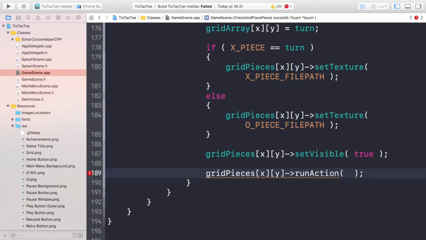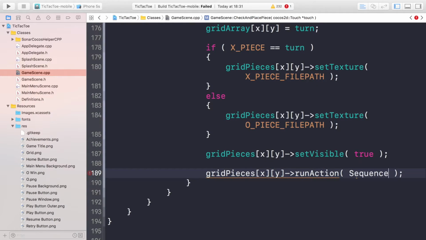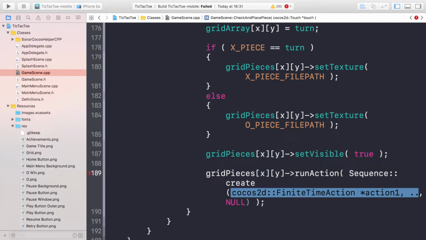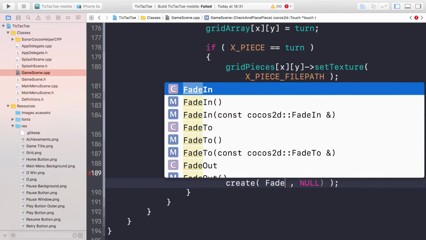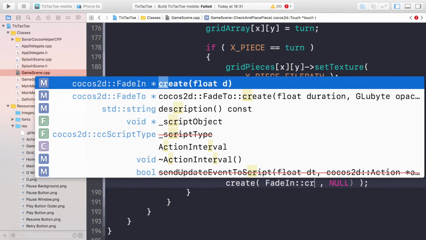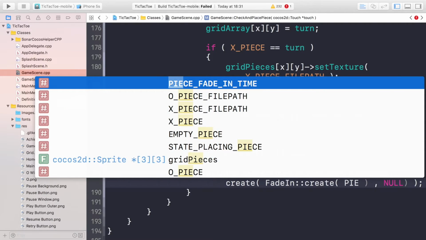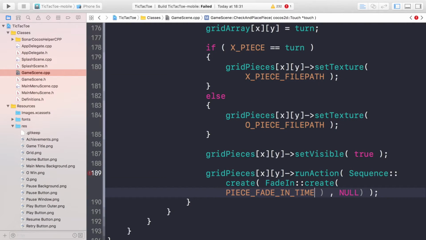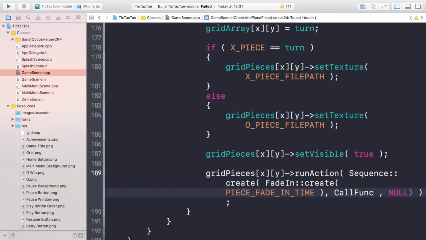couple of things. So we're going to have a sequence, and the sequence is going to be a fade in animation, create, and the time is going to be the piece underscore fade in time definition that we created in the previous video. Then after the piece has been placed, we're going to call a function. Oh, not during, but after it has, call func